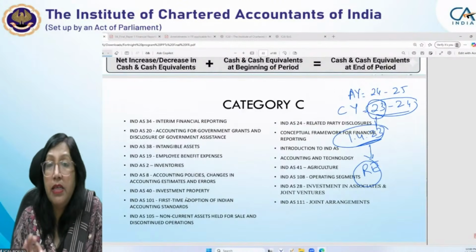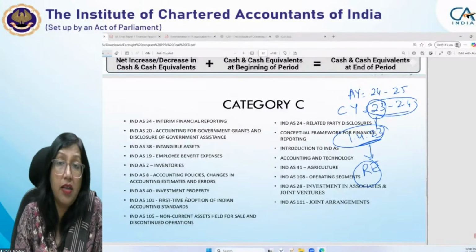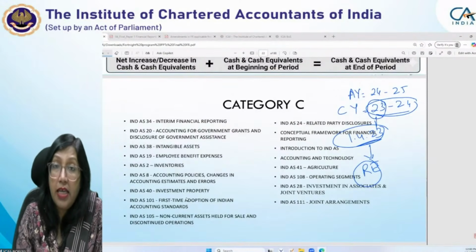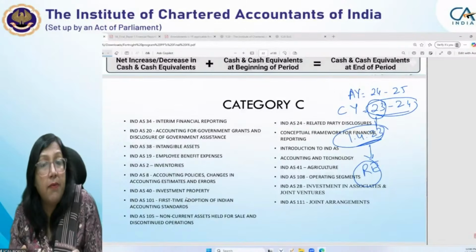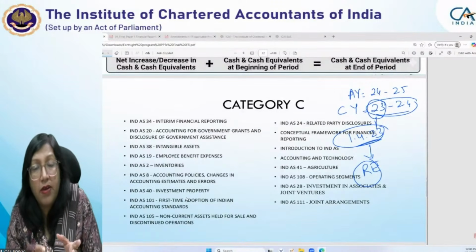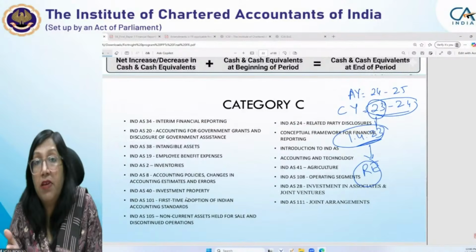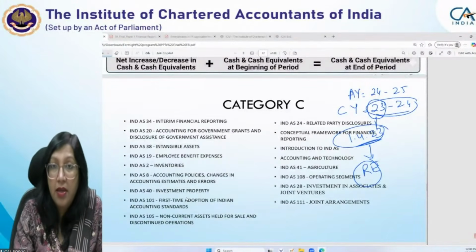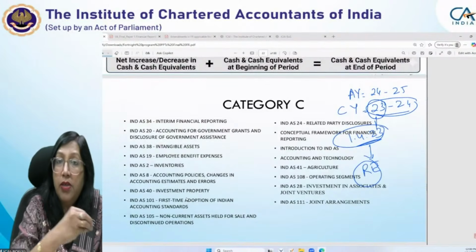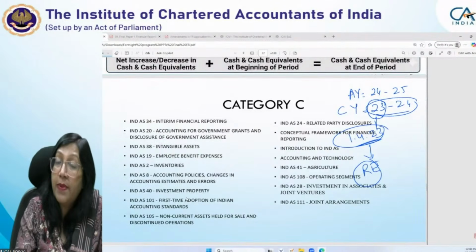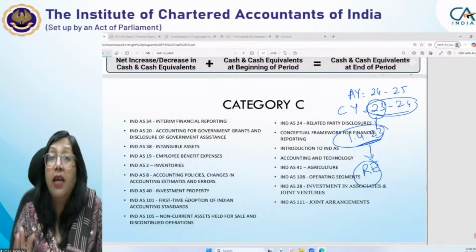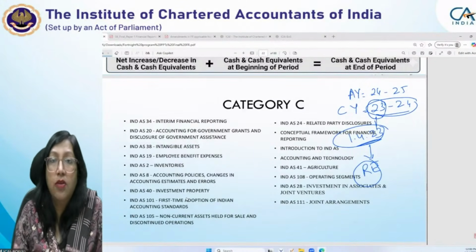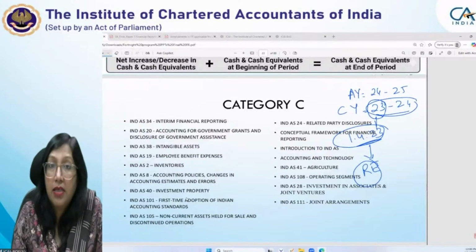इंड एएस इन्वेस्टमेंट प्रॉपर्टी, इसकी वैल्यूएशन प्रॉपर्टी प्लांट एंड इक्विपमेंट की तरह होती है, इसमें भी इम्पेयरमेंट होता है जैसे उसमें हो रहा है। ओनली डिफरेंस जो आपको एक नई चीज पढ़ने को मिलेगी वो ये है कि अगर आपकी इन्वेस्टमेंट प्रॉपर्टी कब क्लासिफाई होती है, डेफिनेशन के बेसिस पे, इन्वेस्टमेंट प्रॉपर्टी से आप मूव कर रहे हो प्रॉपर्टी प्लांट एंड इक्विपमेंट में, यानी ट्रांसफर फ्रॉम इन्वेस्टमेंट प्रॉपर्टी टू प्रॉपर्टी प्लांट एंड इक्विपमेंट, और इन्वेस्टमेंट प्रॉपर्टी टू इन्वेंट्री। आपने क्लासिफिकेशन बदल दिया, जो ट्रांसफर ऑफ क्लासिफिकेशन है, तो उसके बेसिस पे अकाउंटिंग क्या होगी, ये आपको ध्यान देना है।